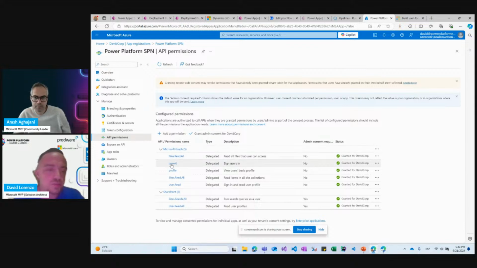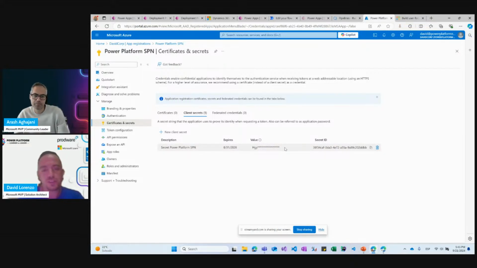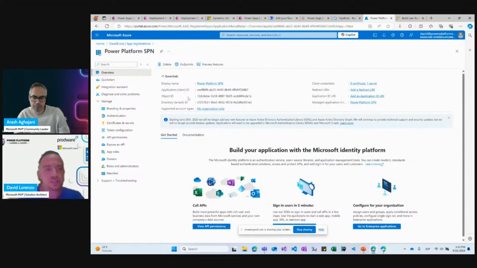But with the OpenID and profile permission here, and the grant admin consent, it is okay. And the last thing we need to do is create a secret and set an expiration date in the future. And then we need to copy the secret value and the application value.